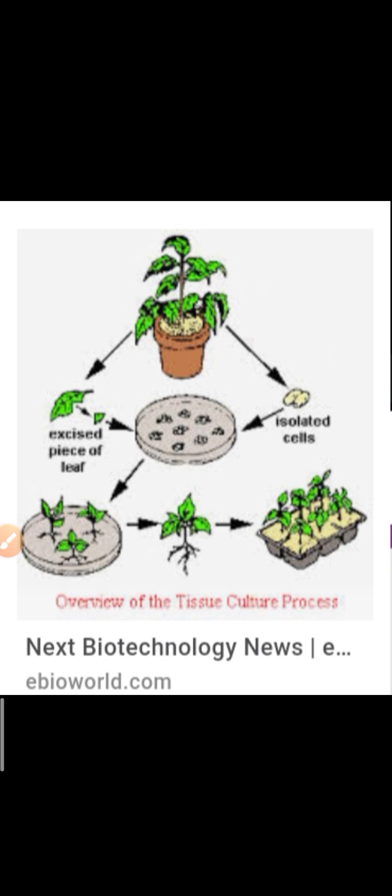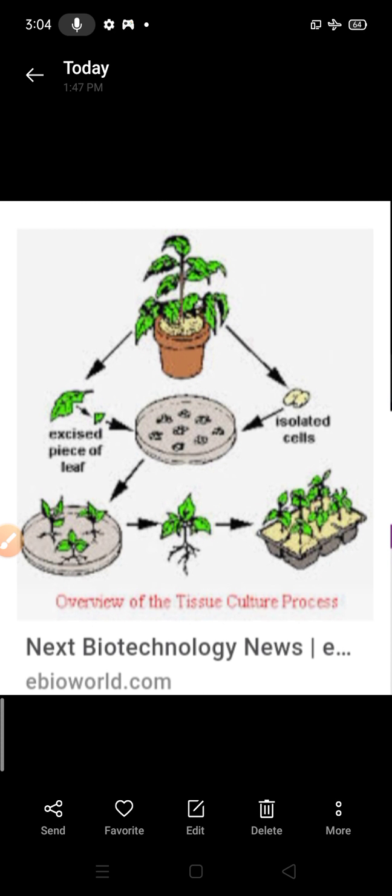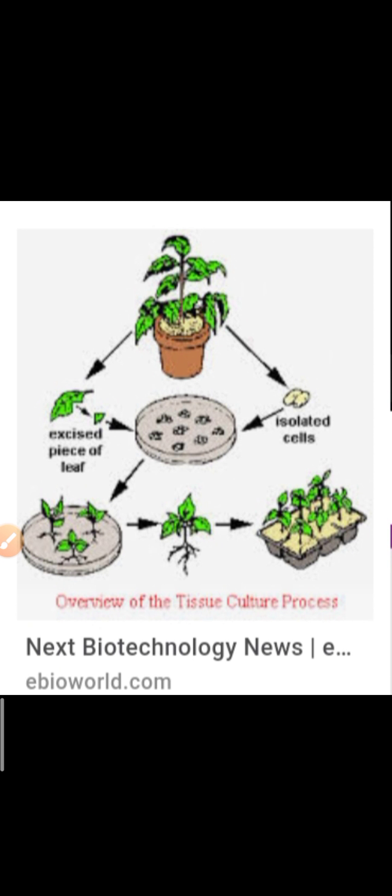So here is one method of plant reproduction in which we can understand how tissue culture takes place. We can observe that a plant can grow from a small piece of a plant or a single cell also. Several times there is a modification of methods by which we can produce plants from a single cell or a mass of cells. That is known as tissue culture.